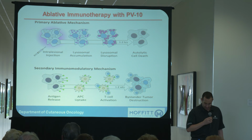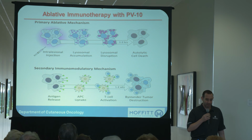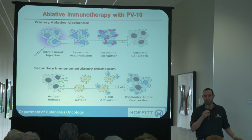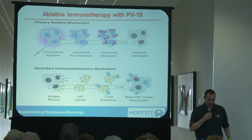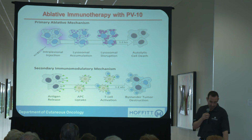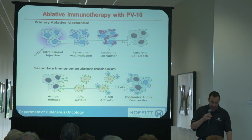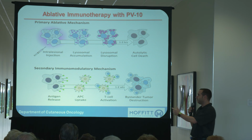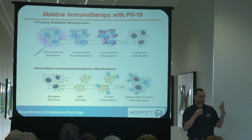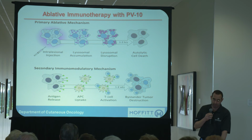Dr. Sarnak, who's giving a talk later on in the morning, is spearheading our PV10 program here at Moffitt. And again, PV10 is this rose Bengal dye that's been used in liver function studies and ophthalmology exams for decades. And we've seen that if you inject it, as you can see here, into the melanoma, it causes cell death directly, as well as it releases the antigens for the melanoma cells. Your body picks up those antigens as foreign, creates T-cell activation and antibodies, and then you can potentially see bystander tumor destruction, meaning we inject lesion A, lesion B hasn't been injected, but it does go away. So that's an advantage of PV10